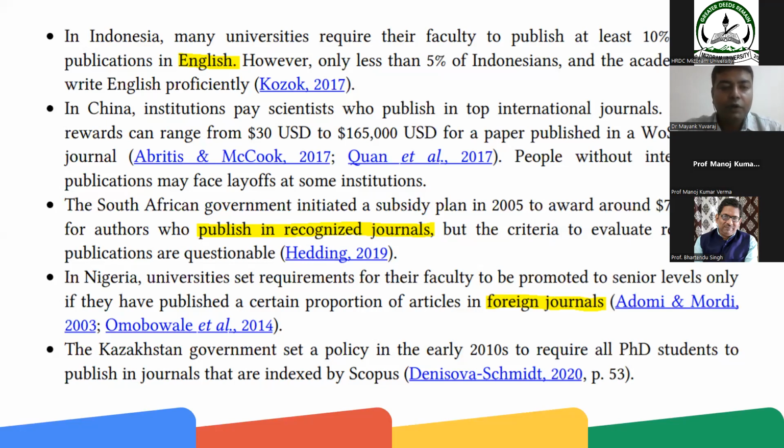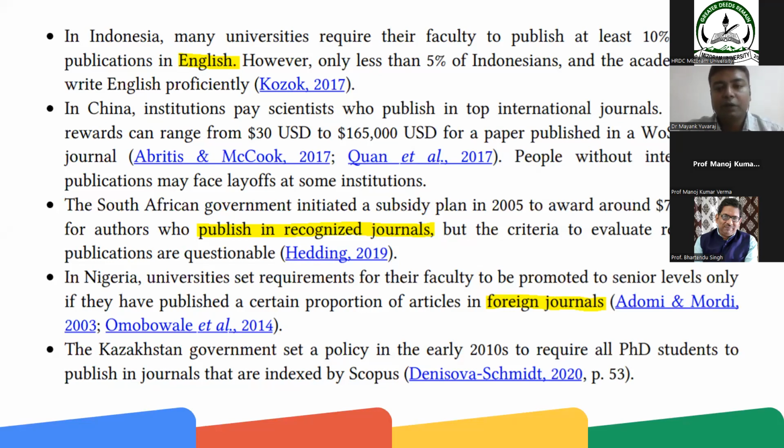In South Africa, they have also instituted some monetary reward for publishing in a recognized journal. But here there is a big problem: they don't have any familiar guideline on which journals are considered recognized journals. Again, in Nigeria, they have set up a benchmark that they have to publish a certain proportion of articles in foreign journals.